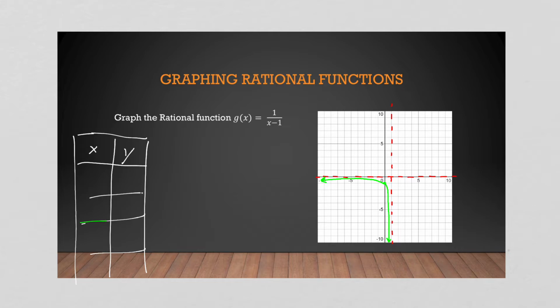So when x is 2, you have 1 over 2 minus 1, which is 1 over 1. Okay, so that means I have another point right here. So you can maybe infer that the behavior is going to be very similar. Because if we get infinitely close now to 1 from the right, the notation on that would be